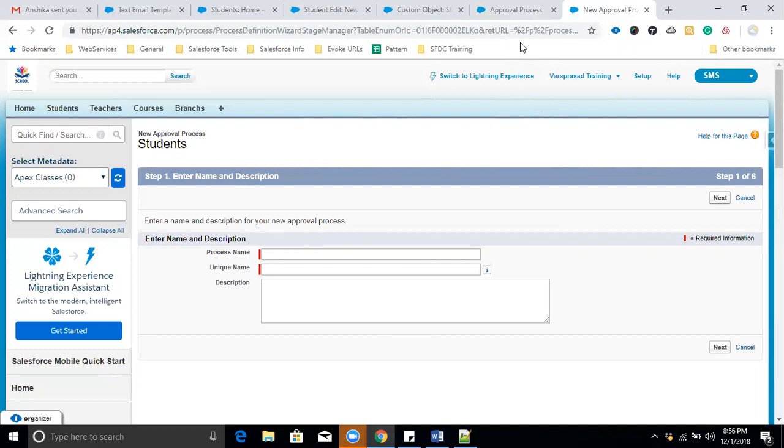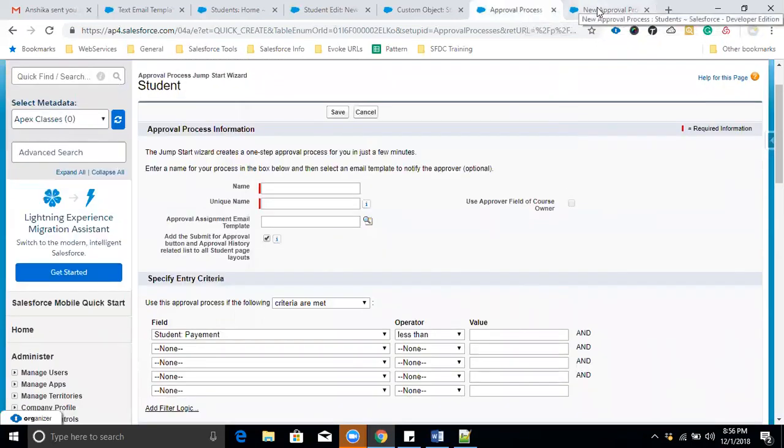We are creating in the students object, right? Yeah. Okay, but earlier where you have created the approval process, first you should create the process and that name should be given here, right? No, this is here. Here you are creating again in student. No, we are creating this approval process on the student object, right? That's why it is showing the student object name here. Okay, object name. I thought for the approval process you will give a certain name and all those things, and you will go to the student object and give this name which is created here. No, not like that.